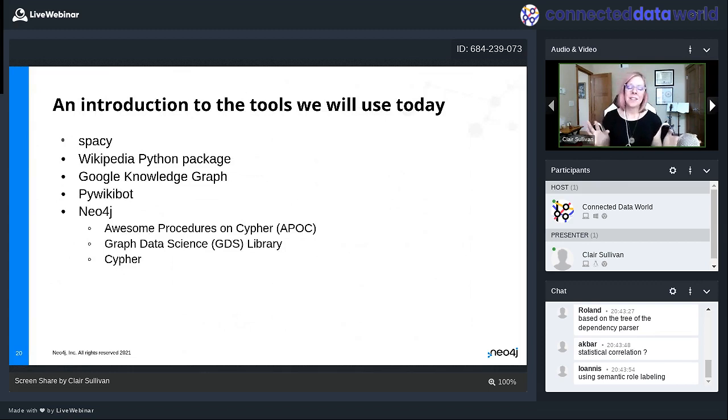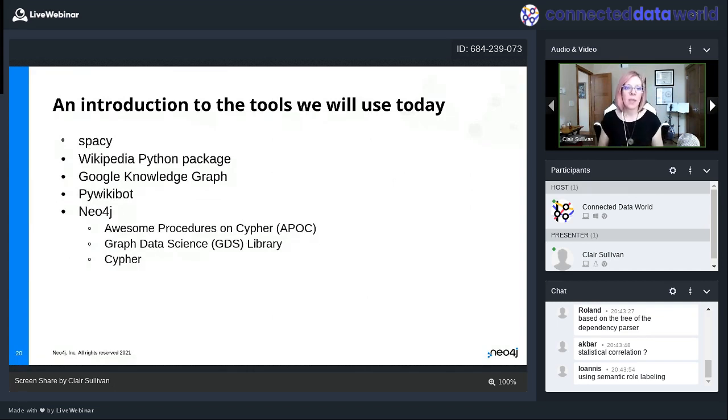And is it necessary? No, it really depends on what text and what data you have at hand. I'm just going to use it today to enhance the data that I'm bringing in, just to make a few points here. I'm going to show you two different methods today to create a knowledge graph from raw text. So Google Knowledge Graph with Wikipedia, but then PyWikiBot. And so, I'm sure that a lot of you have had this idea of we could use Wikidata or Wikimedia. And yes, we absolutely could. There's a bot that you can use for querying Wikidata called PyWikiBot. You need an API to run it, but it's all good.